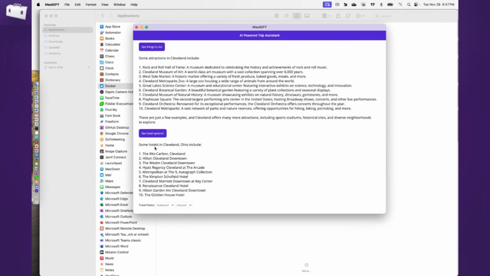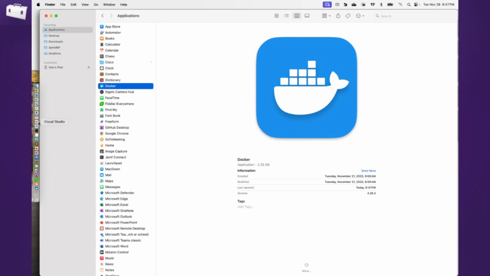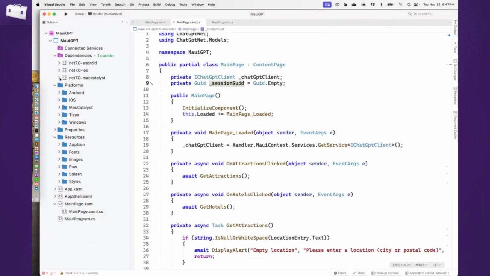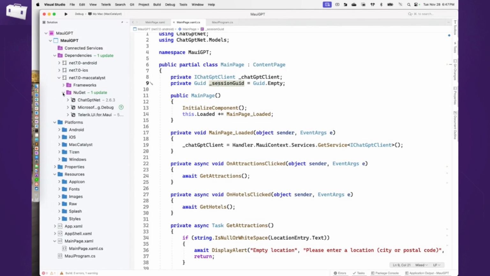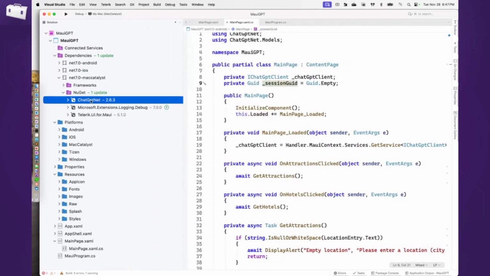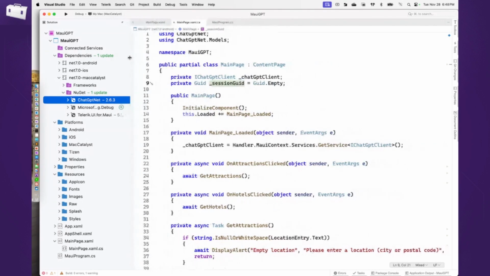Yeah, and then a couple of hotels that I asked for, and then I can choose our dates, and off we go. So this is obviously just a hello world type application, just to show you how easy it is to tap into an AI assistant here. What I have here is just one dependency, and there are actually a couple of NuGet packages you can use. I am using something called ChatGPT NET, but there are also a few other ones if you wanted to. So just that one NuGet package is all I need.